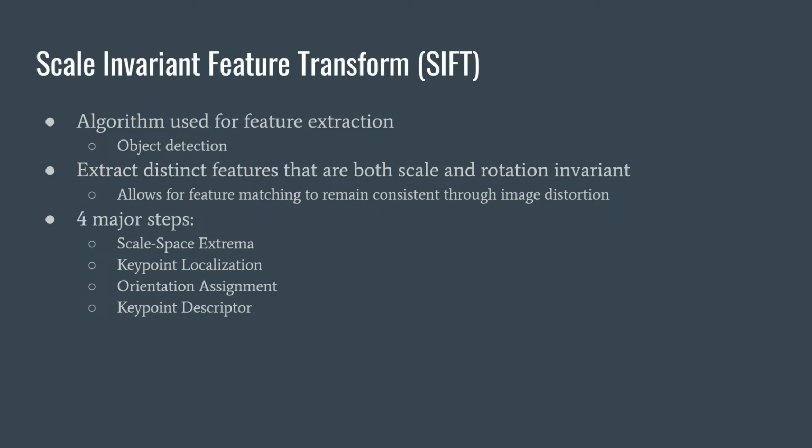SIFT extracts points of interest from an image known as features. These features can then be compared to other images to try and identify if the same object is present in another image. SIFT is special because it has the ability to extract features that are both invariant to changes in scale and in rotation. There are four major steps in completing the SIFT algorithm, and each will be looked at